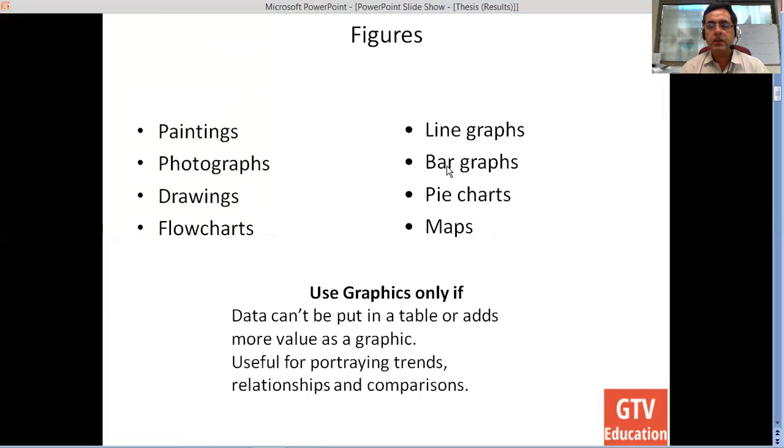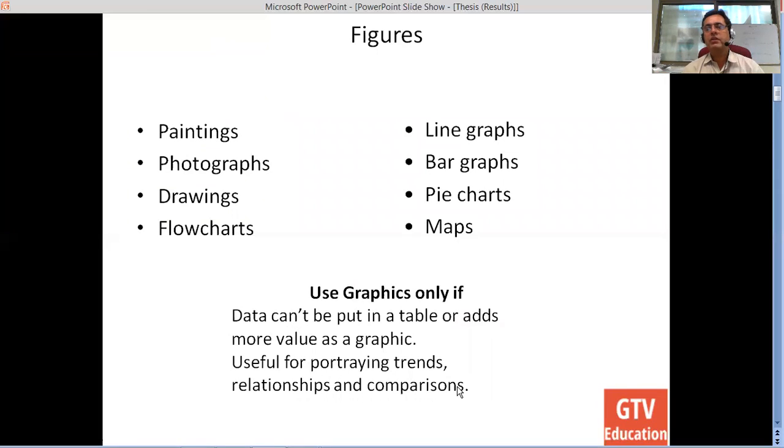Okay. And as we discussed in the tables, sometimes certain kinds of data may not be suitable to be presented in the form of a table, and can be represented in the form of different graphs. A graphical representation is suitable if data cannot be put in a table, or adds more value as a graphic. If it is more understandable as a graph, then you go for a graph. It's useful for portraying trends,